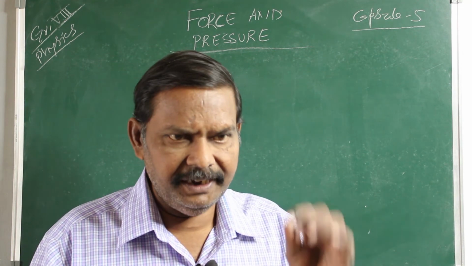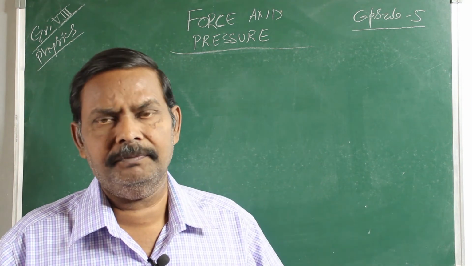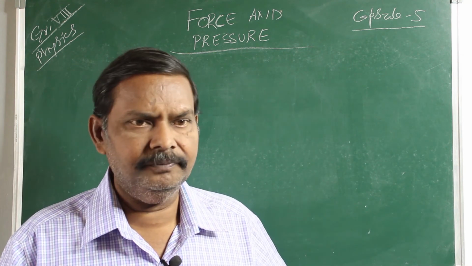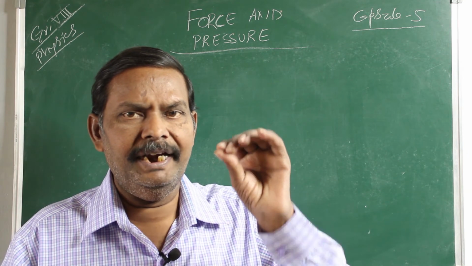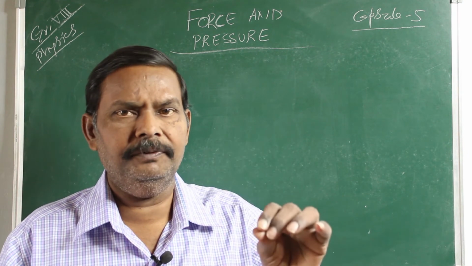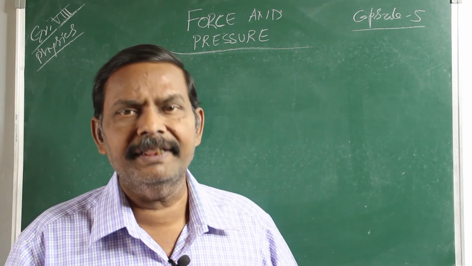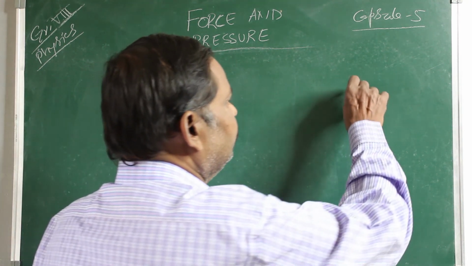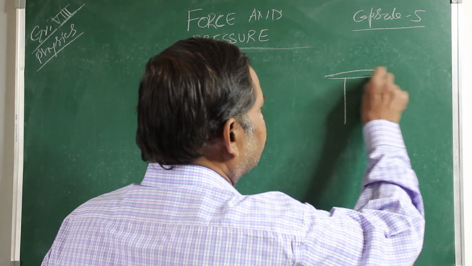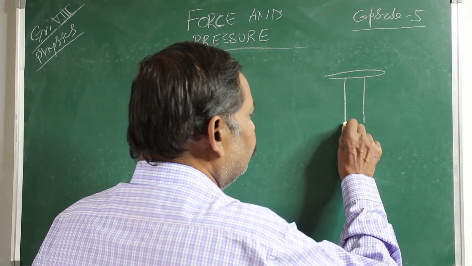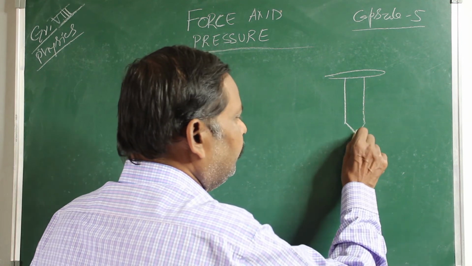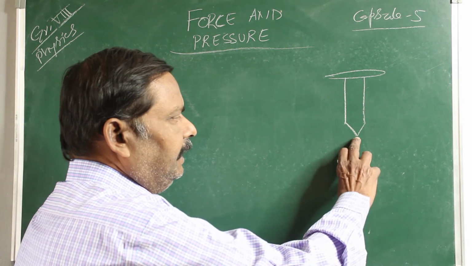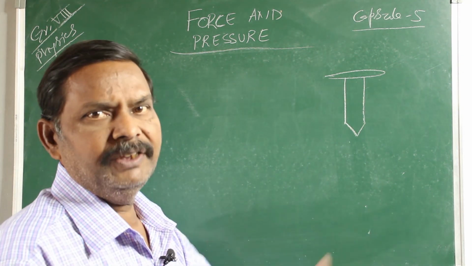If you see the edge of the thumbpin, you can find it is very sharp, and the other end, where we apply the pressure with our thumb, is very blunt. So if the edge of the thumbpin is not so sharp, it is very difficult for you to pin it on the notice board. If it is sharp, easily you can press it. So that is also the same situation here. If the tip of the thumbpin is very sharp, you can easily press, because here the area of cross section is less, so the pressure will be more.